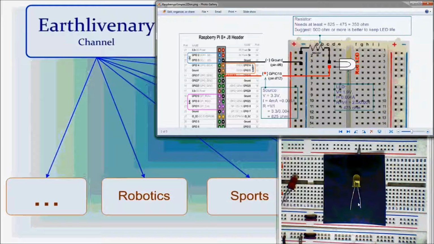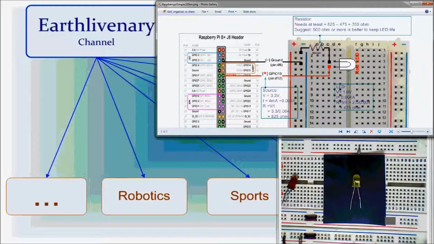Or you can check inside the LED here. You see a small bar over here, it's the positive. The big bar is the negative. Or you can check the side of the LED. If you see the flat side of the LED is black, that means negative. Otherwise, it's positive.